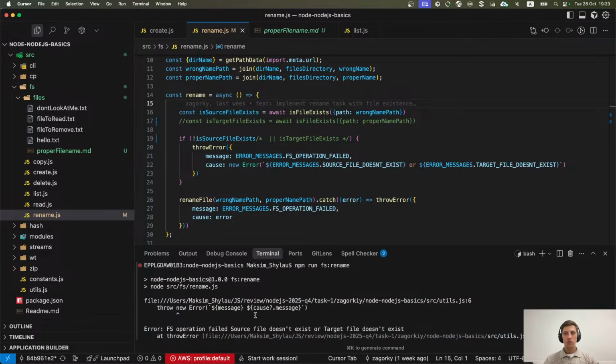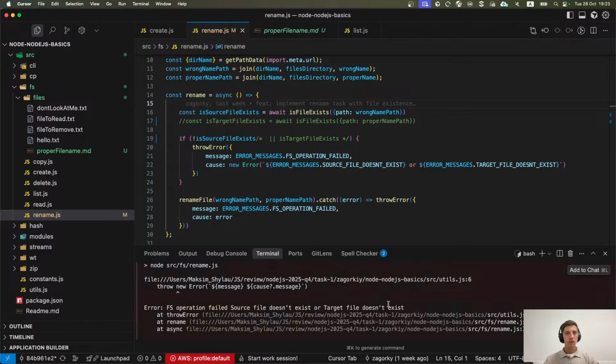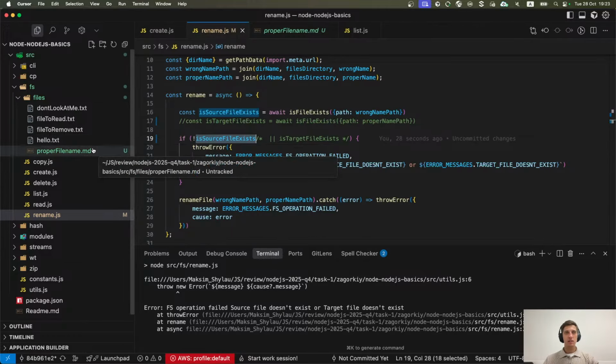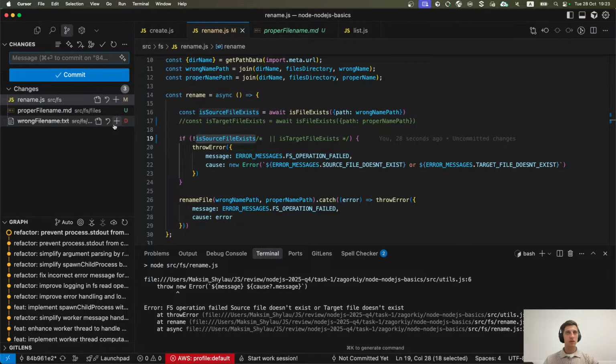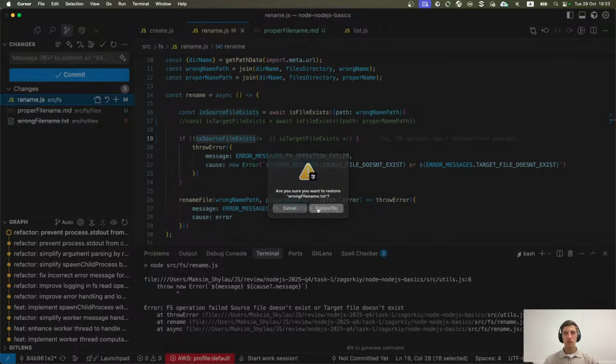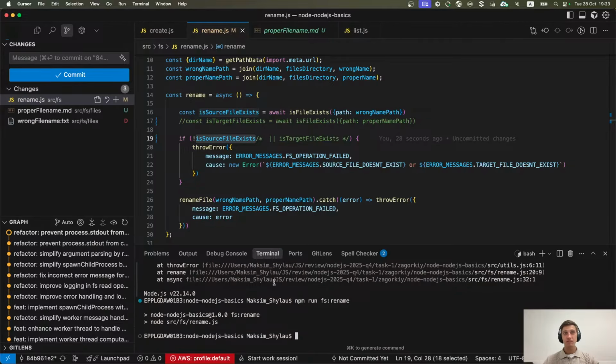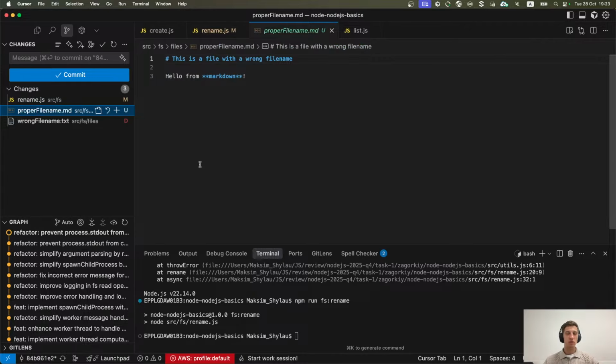Oh, okay. The source file doesn't exist, the target file doesn't exist. Okay, this is because the source file doesn't exist. Let's restore wrong file name.txt, and fingers crossed, but I assume that we will not have an error. Yeah, as I mentioned, if we already have a proper file name, it's not covered by Node.js by default.